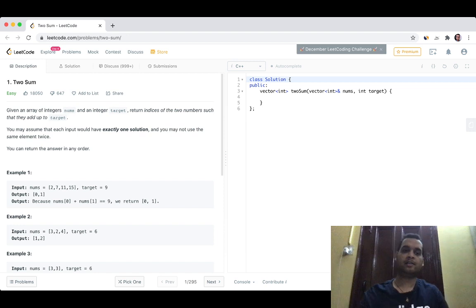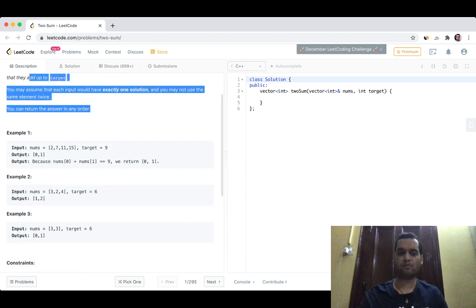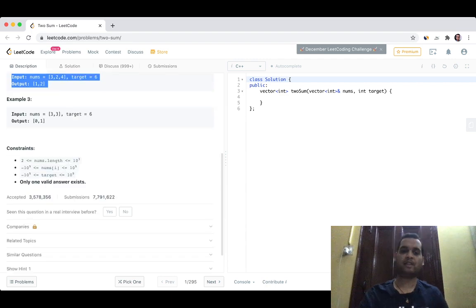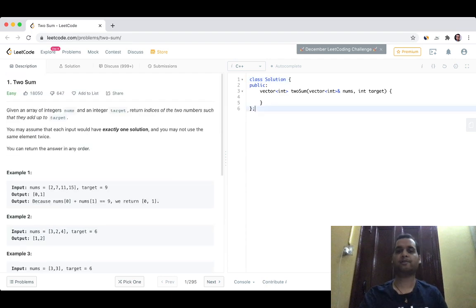Okay. So in this problem, as you are aware in LeetCode, there is a standard pattern that you have to follow for a question. There is a description, then there are sample input outputs, multiple types, and some constraints that you have to follow to solve your problem here. So here you have to solve in the form of a function. I hope you all are aware of it. So let's dive directly into the question.